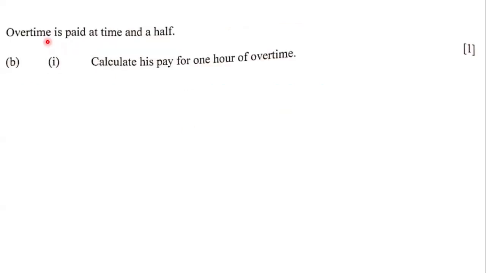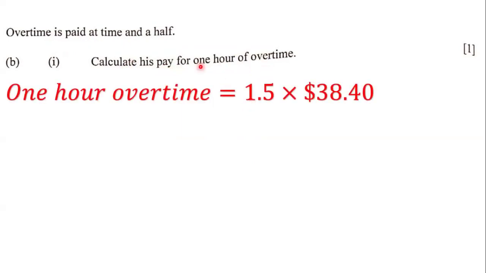Next, it says that overtime is paid at time and a half. Calculate his pay for 1 hour of overtime. Now, they said that overtime is paid at time and a half. And so since they said that overtime is paid at time and a half, we use 1.5. If they had said that overtime is paid at double time, then we would have used 2. But they said that overtime is paid at time and a half, so we use 1.5, and we multiply that